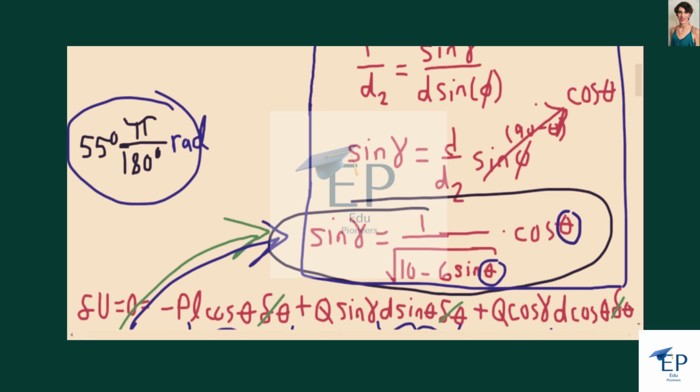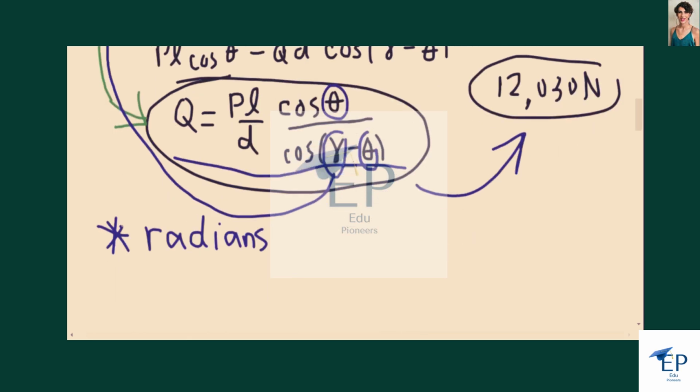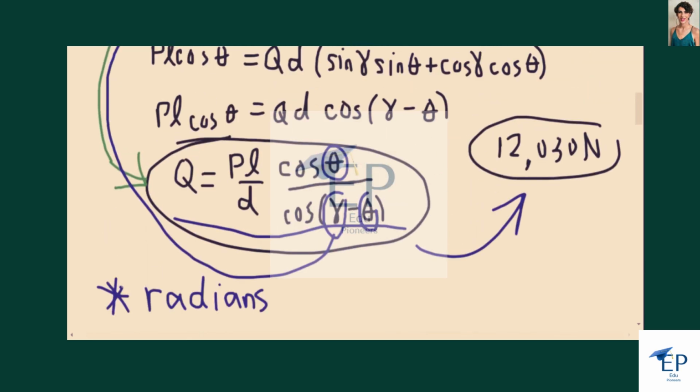So theta's here, theta's here, theta's here, theta's here. I need to make sure that I use radians for everything and set my calculator for radians. Otherwise, your answer will not be correct. And that's it. 12,000